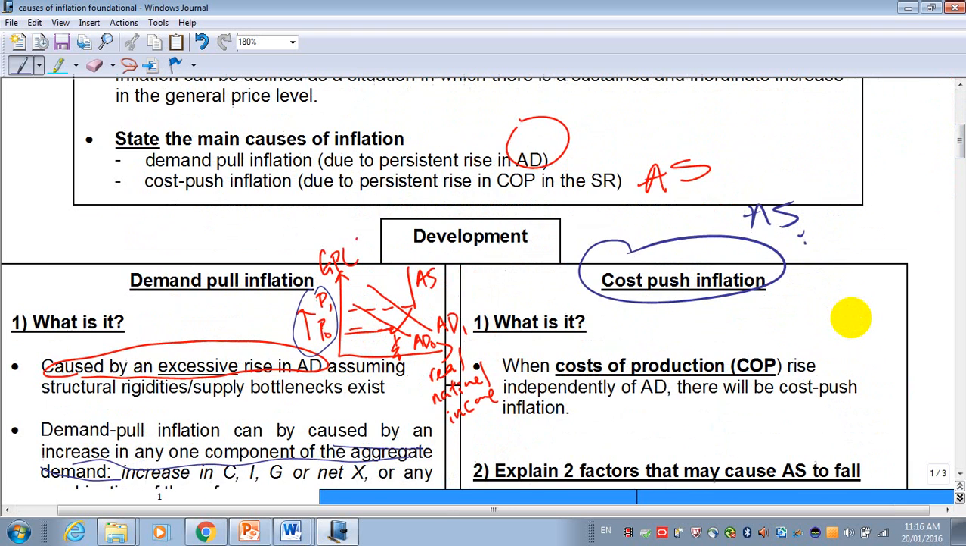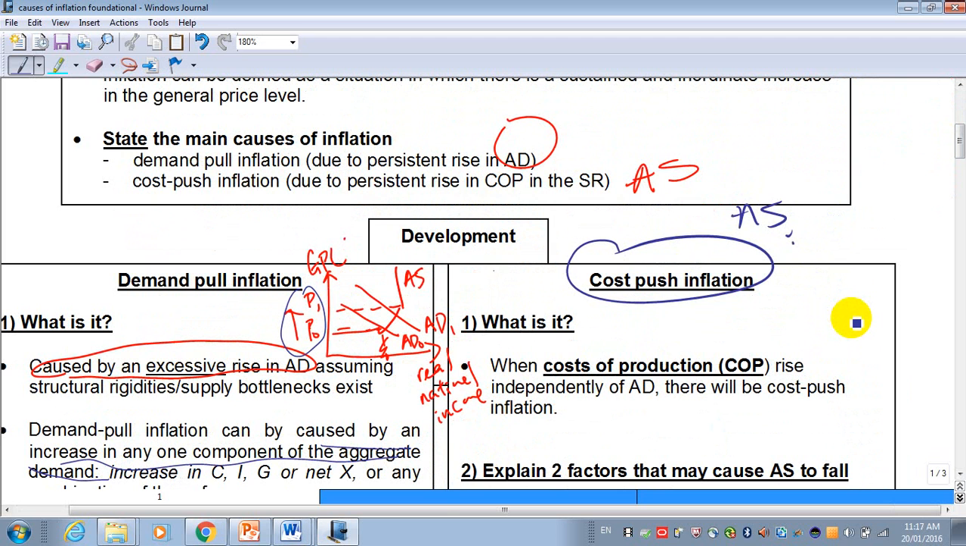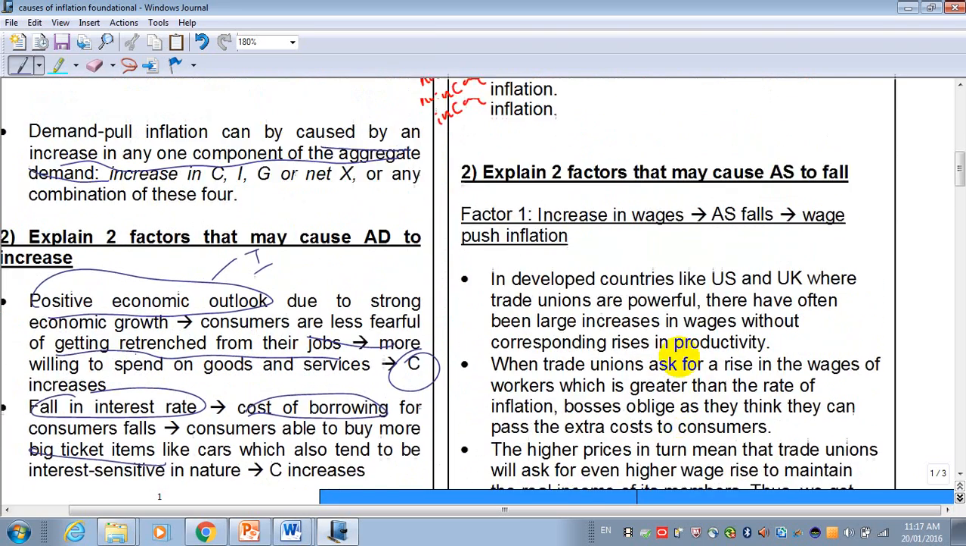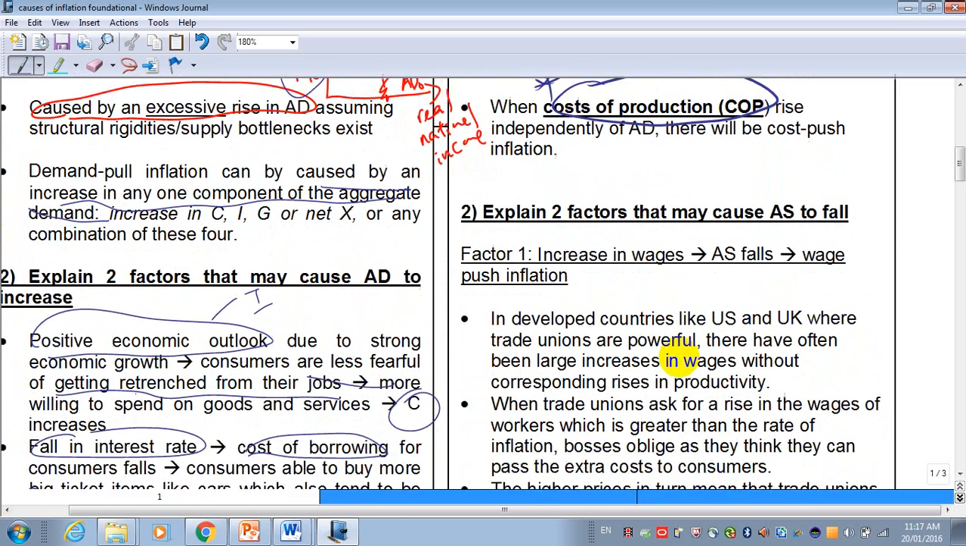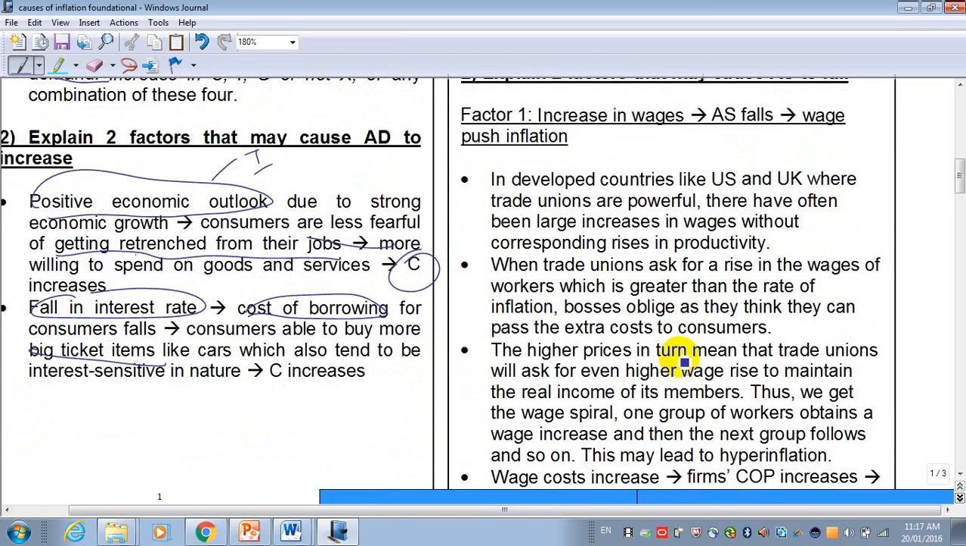Is that clear? Now, how come there might be cost push inflation? It is when the cost of production rises, and this is key. If you don't remember anything else, take note of the big points that I want to emphasize, the important things. One of them is that the cost of production rises, independently of the AD. Okay, for example,